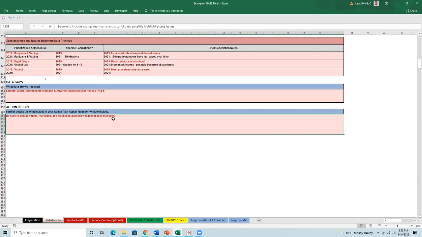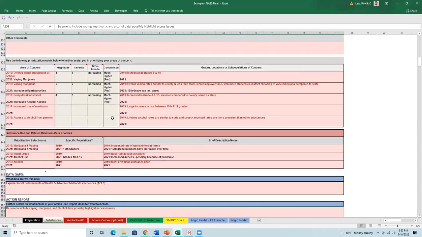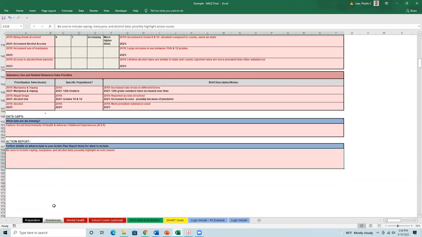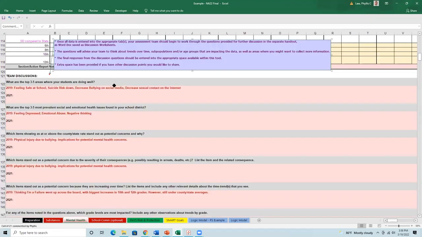So you've moved through, that was fairly quick, but we've heard from those who've done the process that this part of the tool is pretty intuitive. You've gone through, you've found out what your areas of concern are. You've decided your priorities. Now, once you've gone through and done each of this work, you can see here,